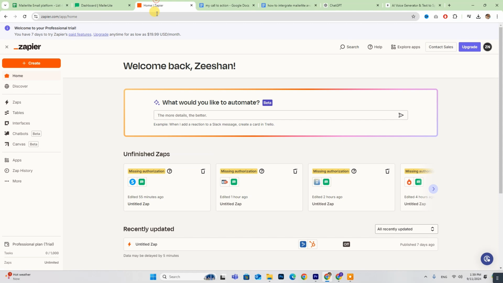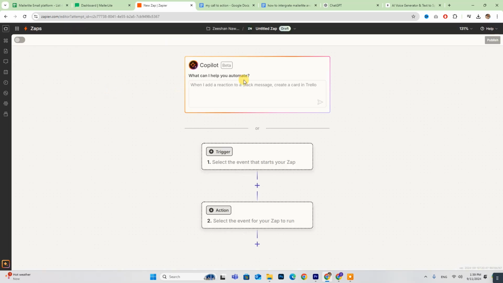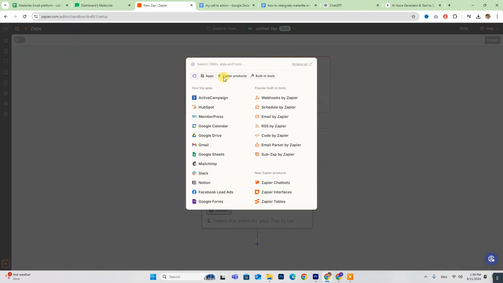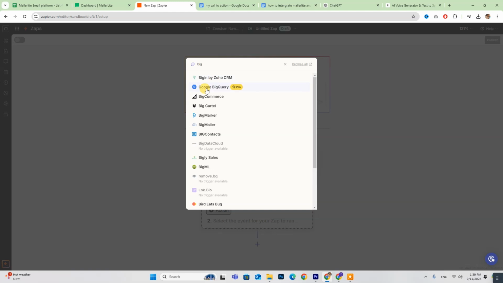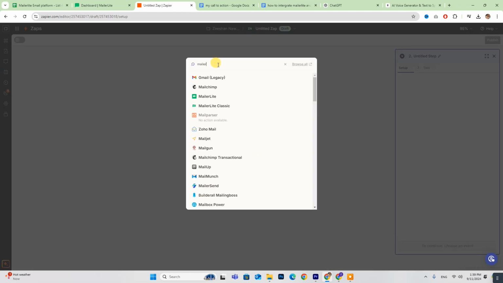First, you'll need to create a Zapier account to establish the connection between MailerLite and BigCommerce. On the Zapier dashboard, click Create and then select Zaps. If you need any guidance, the co-pilot is here to help. Choose both MailerLite and BigCommerce from the available options and fill in the necessary details on the right side of